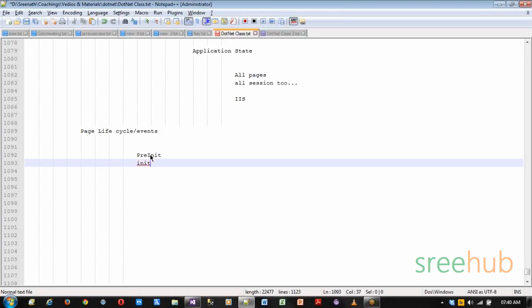This initialization occurs after PreInit, which means whatever you have set in PreInit, such as dynamic controls you have created and a few internal properties, would have been set there. And in Init, what will happen first is that, after actually creating the page object,